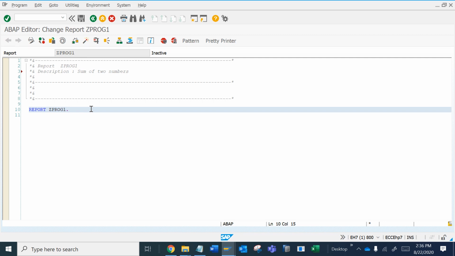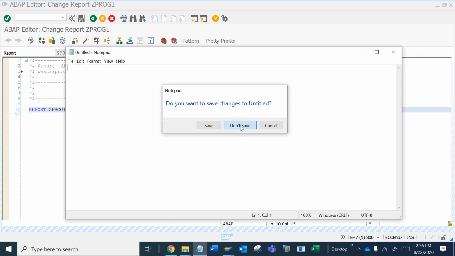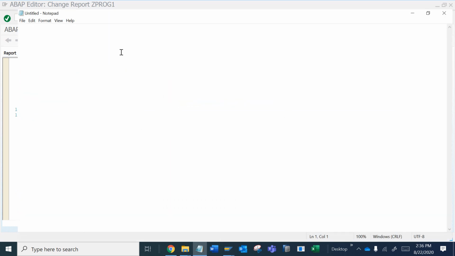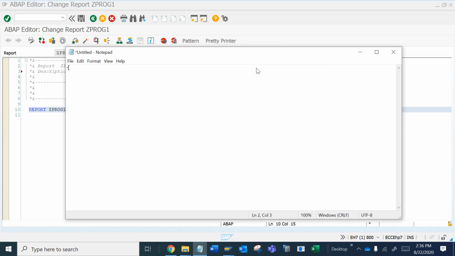So let's first know how we basically do a sum of two numbers in C language. What we do in C language, we give some integer variables.